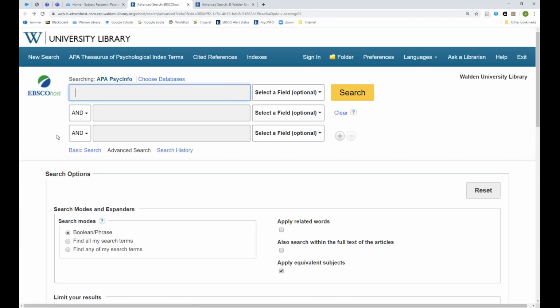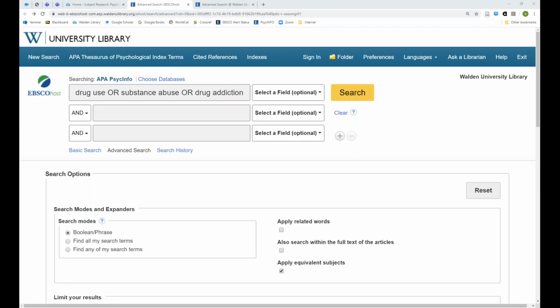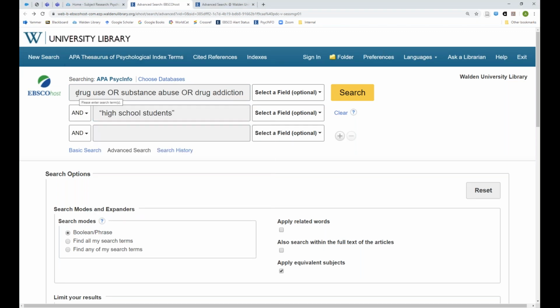Let's see, I don't know why that erased everything. Okay, I've somehow just erased everything, so I'm going to go ahead and put that back in. So I'm going to put all those terms that we can think of for drug use in this search box. So it gives the database the option of finding any of these terms and the exact phrase of high school